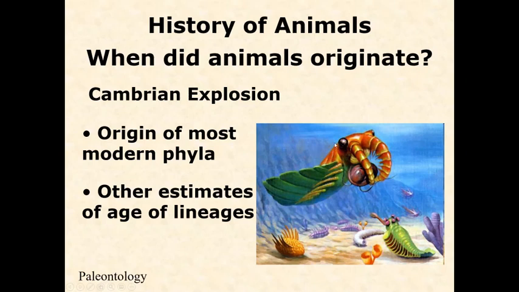all of the big important ones. So we see mollusks for the first time. We see arthropods for the first time. We see chordates for the first time, echinoderms, all of these big things that we consider, oh, look, these are what animals are made of today. We see appearing within this very short window of time, and that's why it's called the Cambrian Explosion. Now, we can date the fossils. We can do relative dating of fossils and put these back in very clearly just a little bit older than 500 million years ago. But there are other estimates, other ways that we can date lineages also that we'll look at just briefly here as we close up.